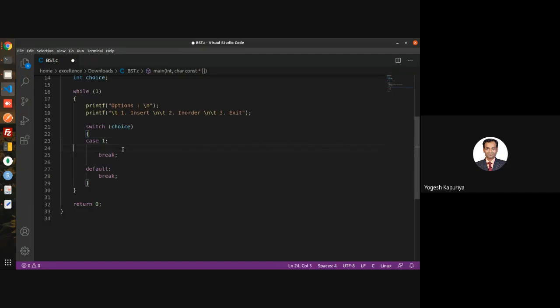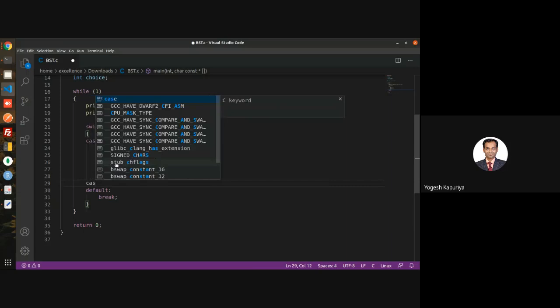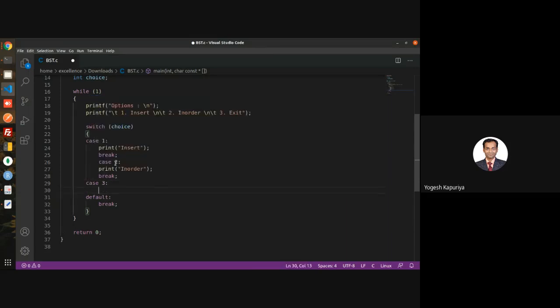So you have case 1 in which is the insert operation, and case 2 in which you want to perform inorder traversal. So you write inorder, and then in case 3 you want to exit. Exit means you will simply write return, right? And if I give any other choice, then I will simply say invalid choice.